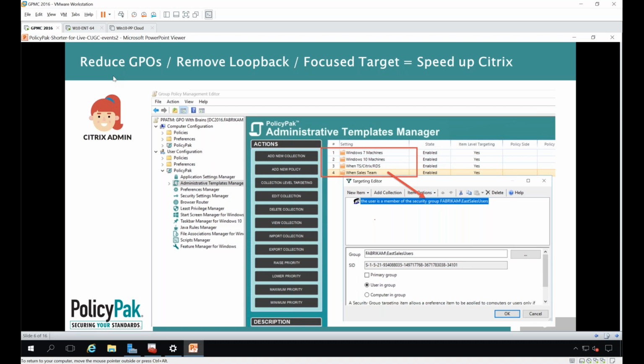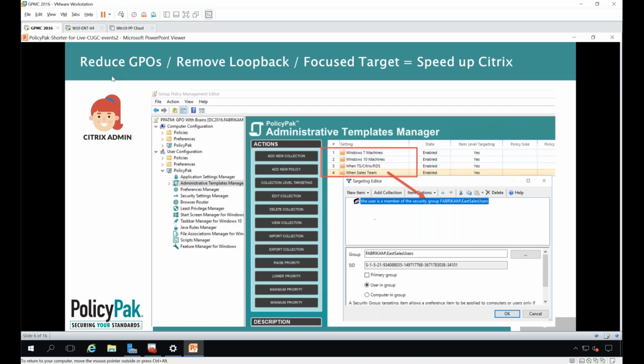I often see loopback being used on all computers, and that's terrible news, because if you do loopback replace mode, you're actually performing 2 logons, one for the user and now one for the computer. So it actually takes you twice as long to log on. So we're going to just get out of this business in total.